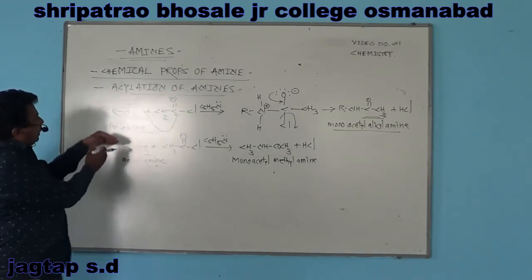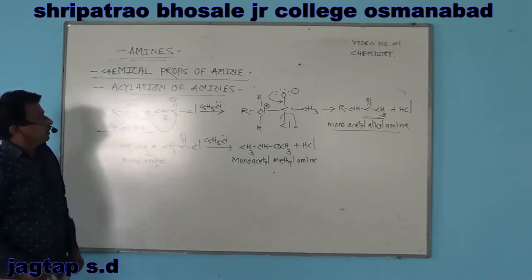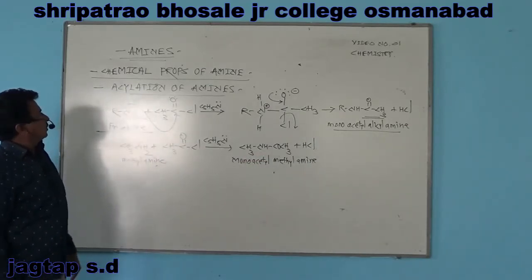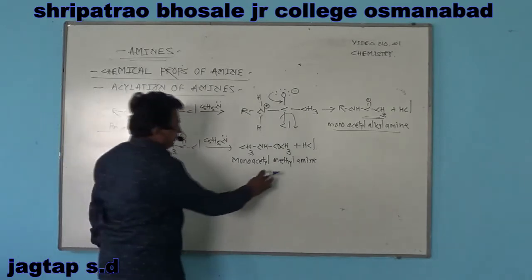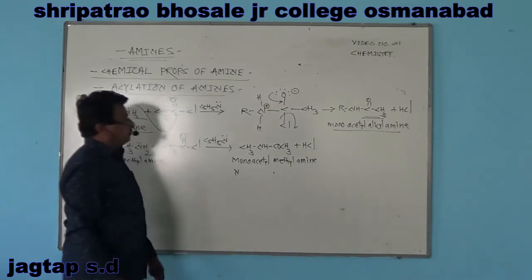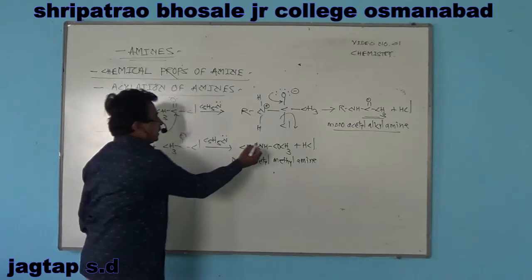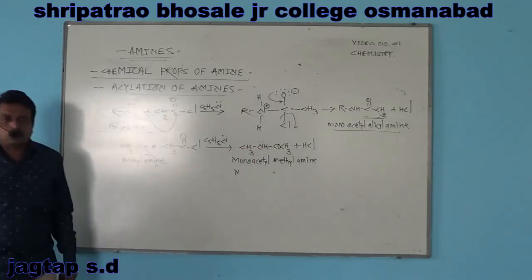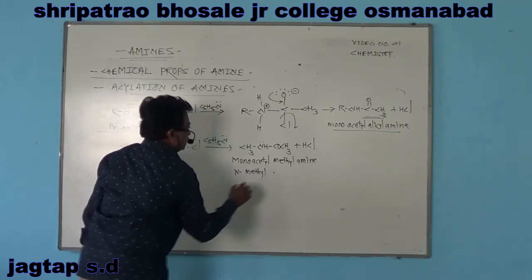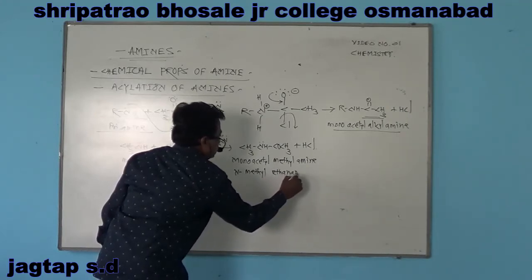That is, one or more hydrogen atoms on nitrogen of primary and secondary amines replaced by an acyl group or acetyl group is called acylation or acetylation of amines. It is also named according to the IUPAC system: the prefix N is used to indicate the number of alkyl groups attached to the nitrogen atom. Here only one methyl group is present on nitrogen. Therefore, it is named N-methylethanamide.